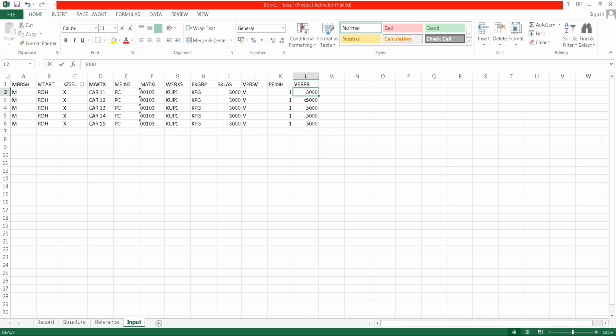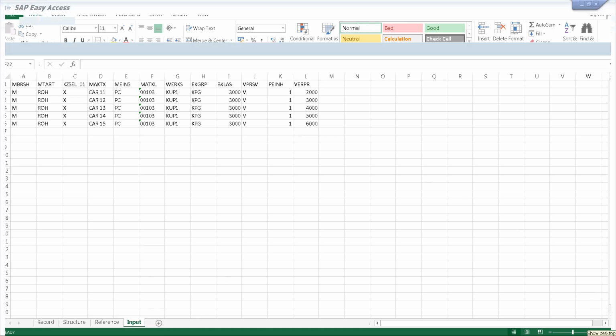So here I put 2000, 3000, 4000, 5000, 6000. So now it's going to create these materials via LSMW.